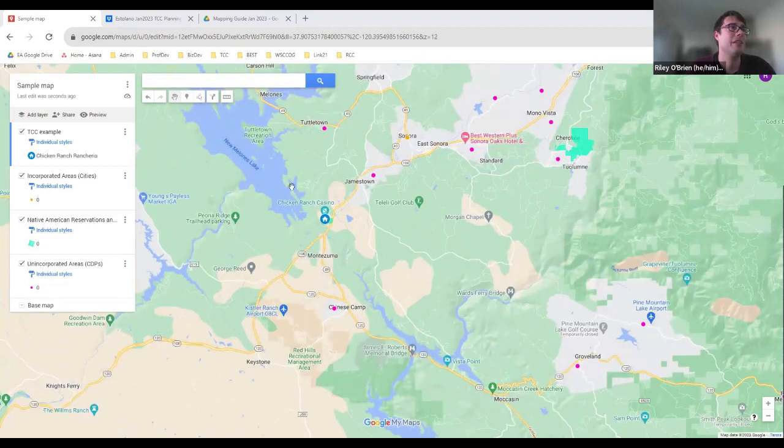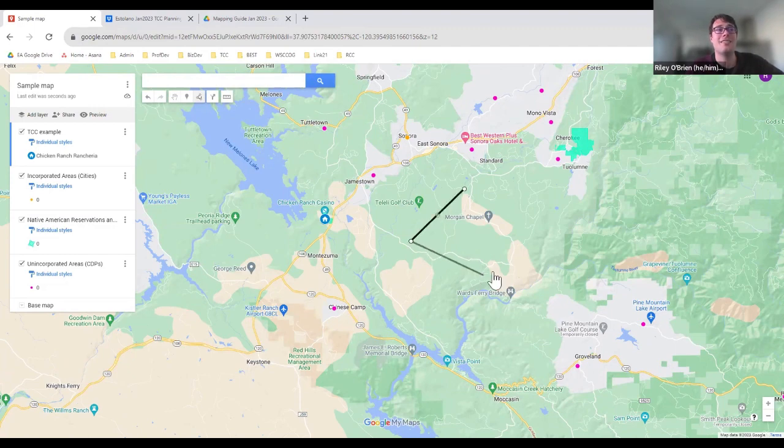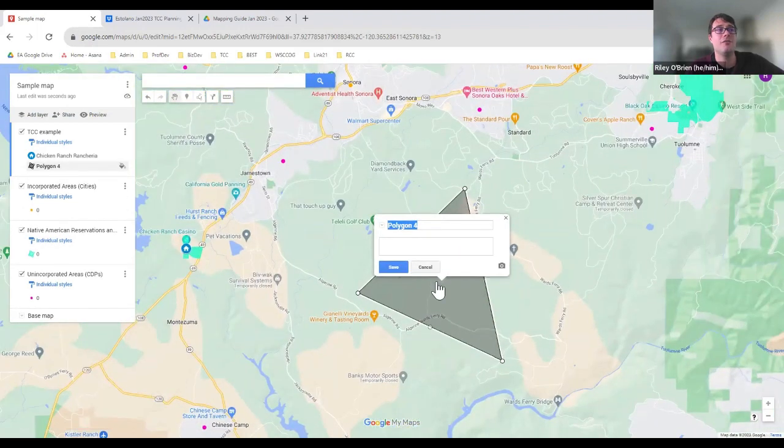We're going to zoom in a little bit here, and we're going to draw a polygon. So when it says add line or shape, the way you can add a shape, you might have already guessed, is to connect dots around until you create a full shape. Once you loop back around to the original point that you started at, double click, you've created a